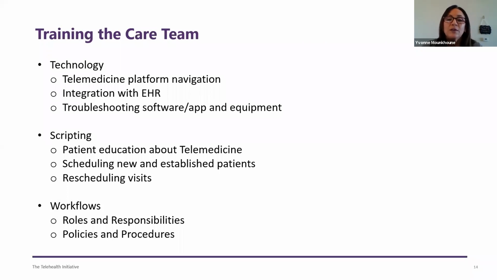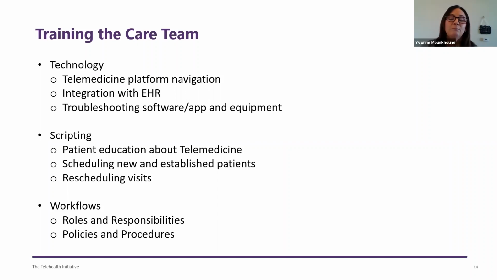So then when you talk about training the care team, your first step is going to be with your technology, obviously. You can't have a telemedicine visit or any type of workflow without knowing how to utilize the technology. And again, you want to incorporate your IT folks and/or telemedicine vendor in that training. It's helpful to identify a champion in each department or area that can be the go-to person for your clinical staff, or your go-to person for your front desk staff, or whomever, if they're having issues with the